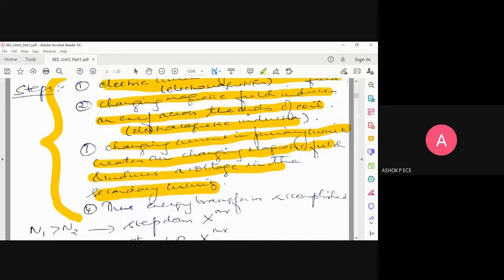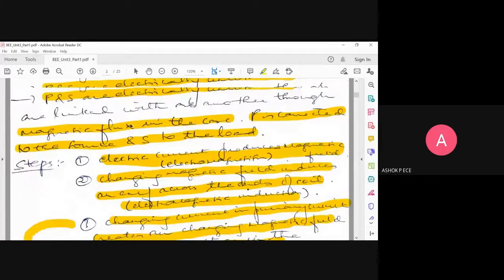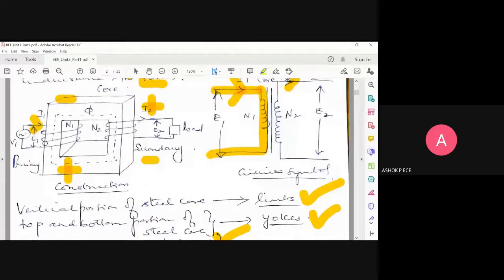And this third point is the pure action of your core. Because I told you the core is a ferromagnetic material which will aid in the traveling of flux from primary to your secondary. So now you see there is energy transfer happening between primary and secondary. And now because of this induced EMF, a current flows in the secondary supplying current to your load. So E2 is the induced EMF for the secondary. Because of the induced EMF, secondary current I2 is going to flow, supplying the necessary current to your load.